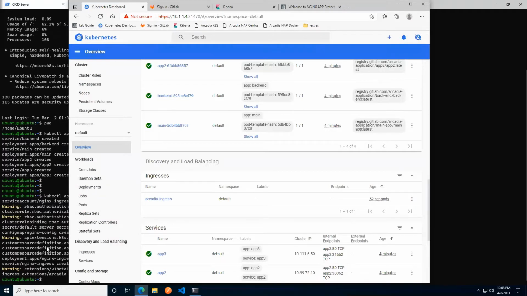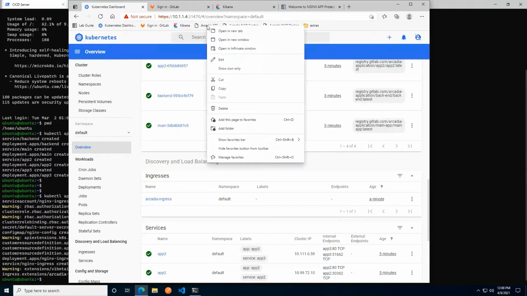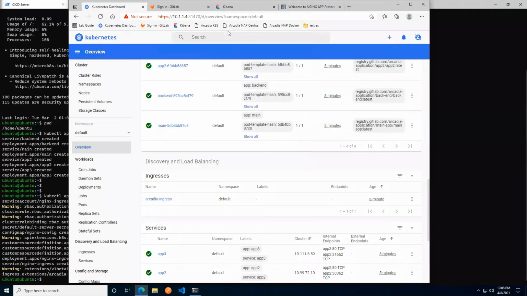Cool. That means we've now not only spun up the entire application consisting of the 4 microservices, but we've also created an ingress controller, making sure that it's accessible. So we can now verify that in the browser by utilizing one of the handy bookmarks we have on the top here. So the one we want to use is the Arcadia Kubernetes, or K8s. So I'm just going to right click on that and choose open in new tab. Should open back here. There we go.